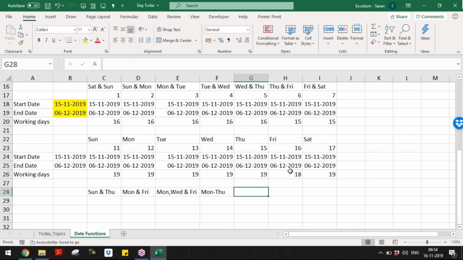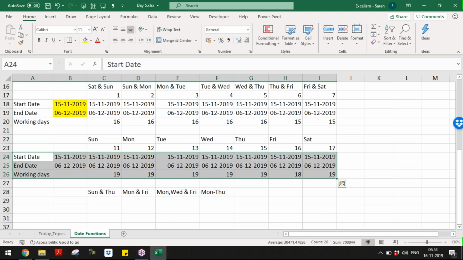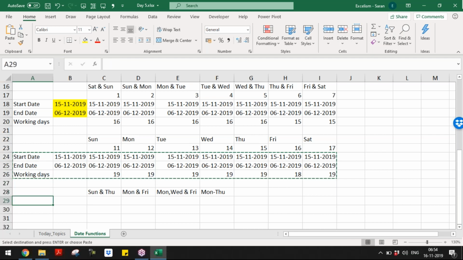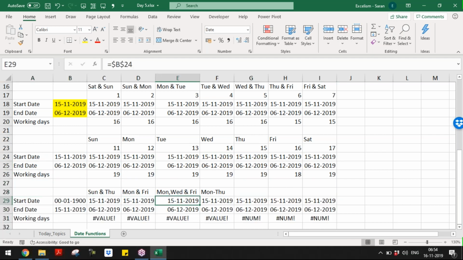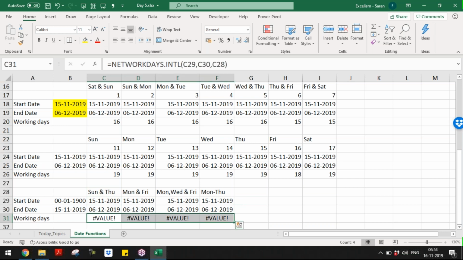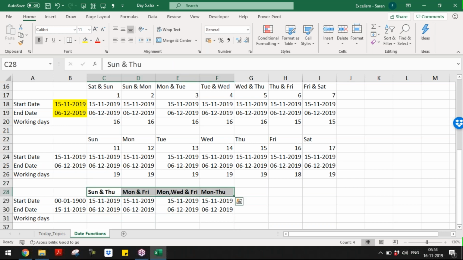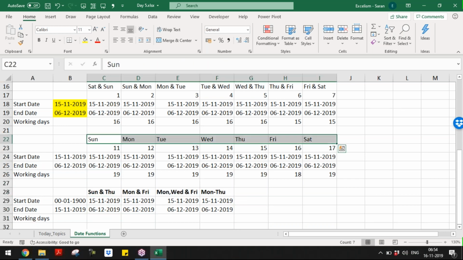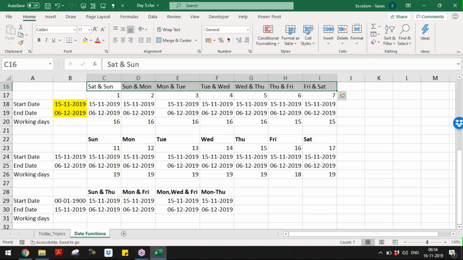If this is the case, how can we solve? That's my question. Does anyone have an answer? I hope everyone understood my question. If these are the weekends, how do you consider them and get the answer to calculate the working days?